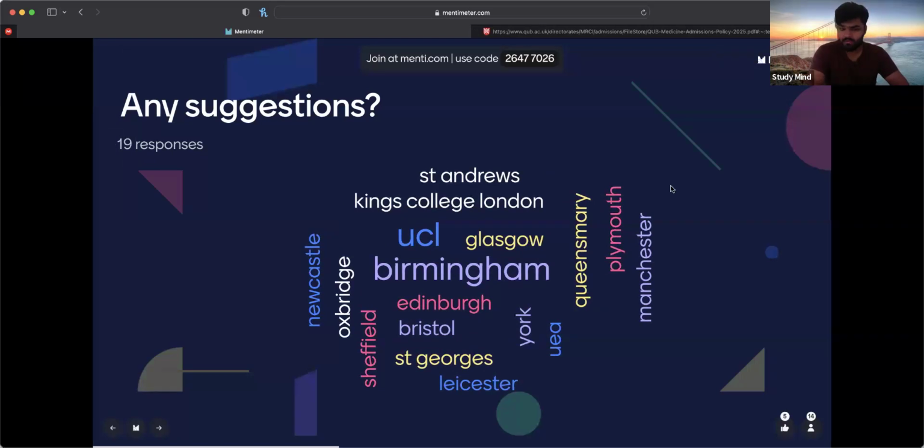Obviously, people are putting lots of universities here, and I won't get time to go through every single one. But for this candidate previously, Belfast was a good suggestion. Manchester, not so much. If you search up Manchester's previous cutoffs over the last 2 years, 3 years, it's all above 2,580, okay? Sheffield, yes, I can see why somebody's put that, but Sheffield have a strange sort of system